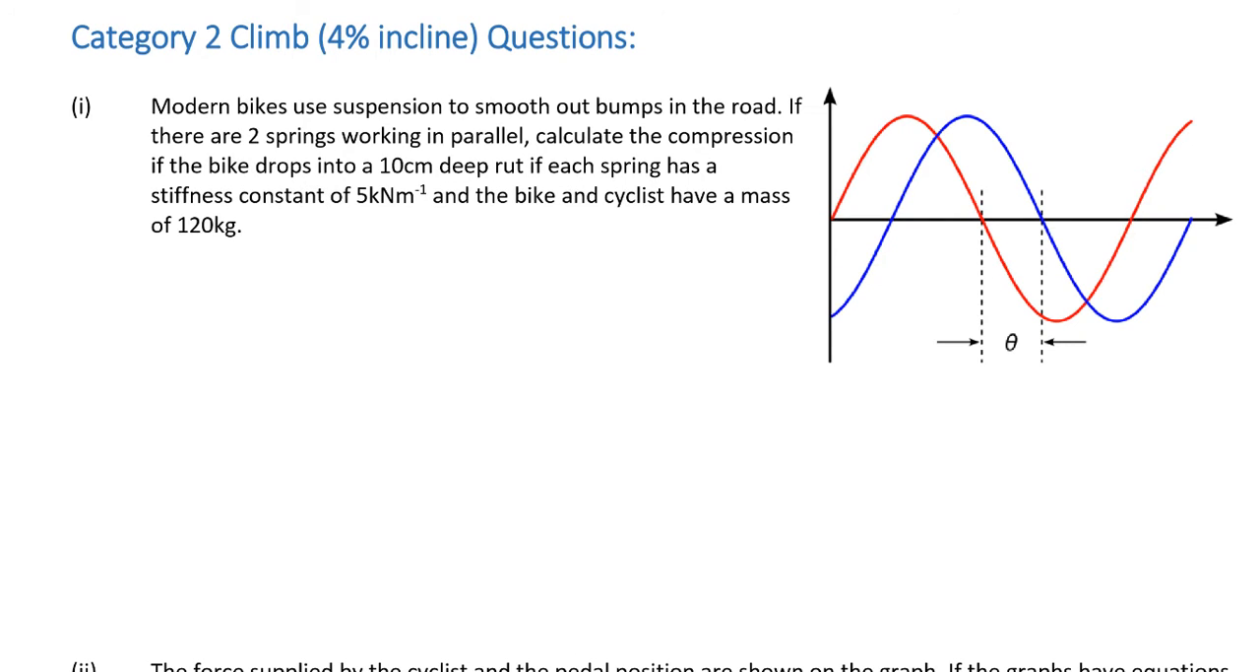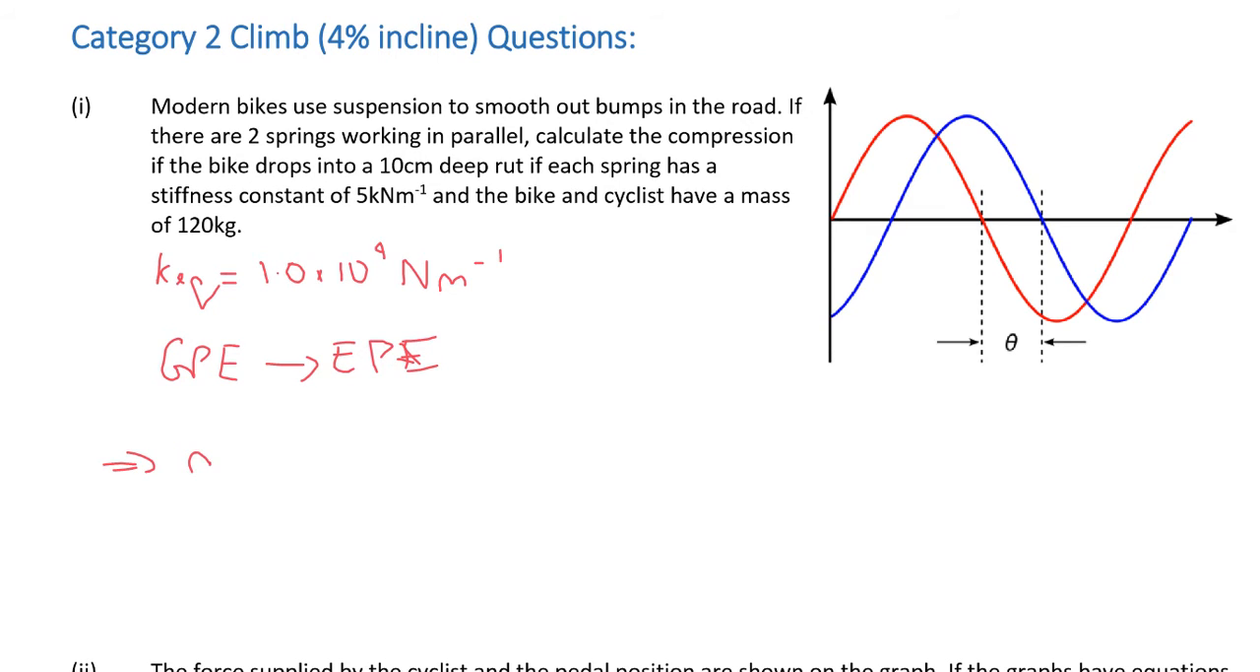Alright, so let's ramp up the difficulty a little bit. So we've got a modern bike with suspension. On a bike you'll typically have two springs that work in parallel with each other. So the bike drops into a 10 centimeter rut, and you've got two springs with this spring constant. So first of all, the equivalent spring constant is going to be 5,000 times 2, so 1.0 times 10 to the 4 newtons per meter. So what's going to happen is the GPE is going to be transferred into elastic potential energy,